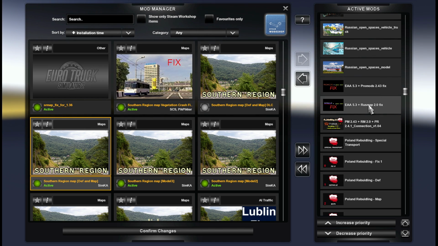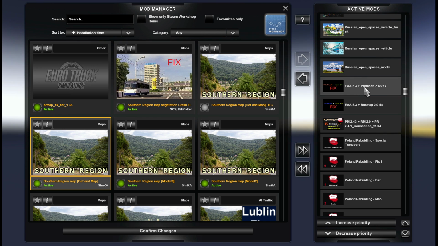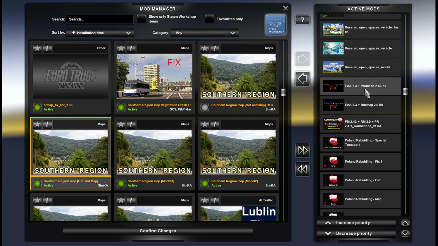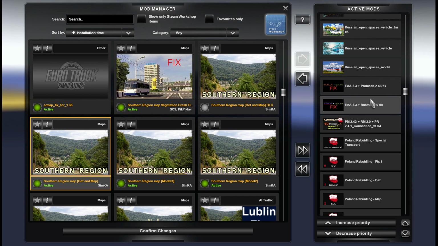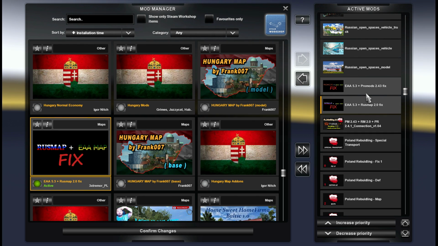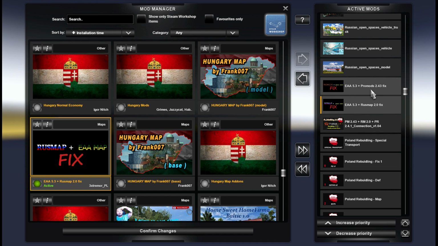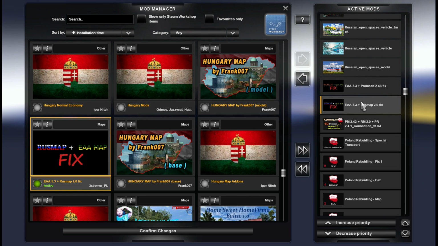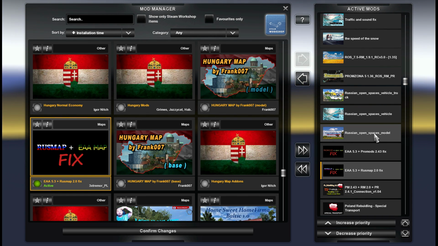Then we have the EAA fixes, 5.3 ROSmap and EAA 5.3 ProMods fix. I assume that both of these will work just fine with EAA 5.4 as well. If they don't, I'm pretty sure that Extremer will release new versions of them, hopefully very quickly after the release of 5.4. But I'm pretty confident you won't actually need updated versions of these files. Let's see what happens. We have Russian open spaces model